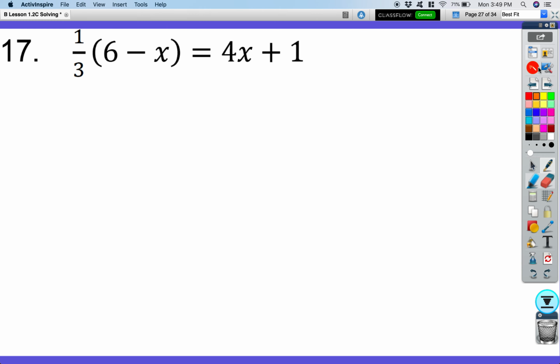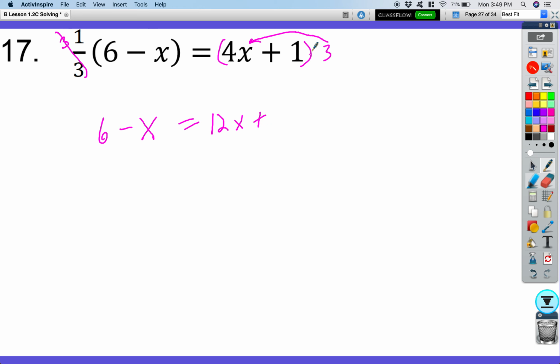All right, over here now. Two things. You can distribute the 1/3 or you can do a fraction buster. I like doing fraction busters because I'm not a big fan of fractions. So if I multiplied both sides by 3, these would be eliminated, and I would have 6 minus x is equal to